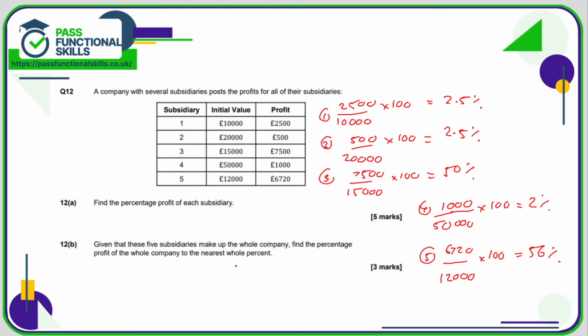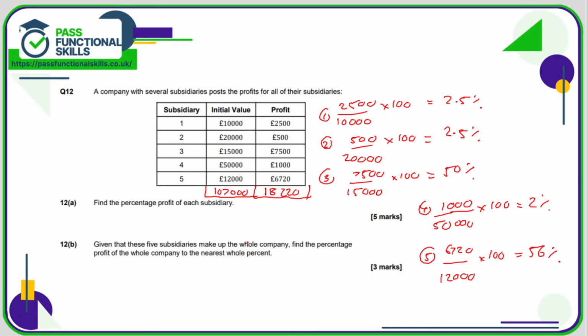Given that these 5 subsidiaries make up the whole company, find the percentage profit of the whole company to the nearest whole percent. So what we need to do is work out the total of all the initial values. What was the initial investment in all the 5 subsidiaries, and what was the total profit? So add up these columns. The profit comes to 18,220, and the total initial value is